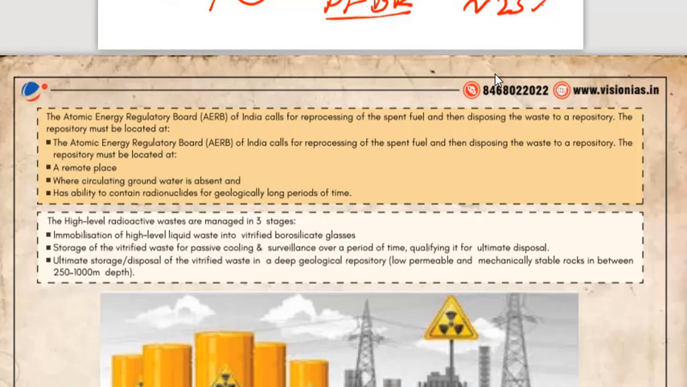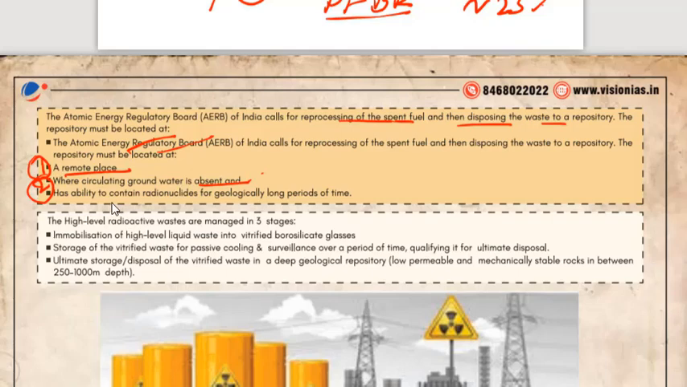Coming back to the topic, the Atomic Energy Regulatory Board of India calls for the reprocessing of the spent fuel and then disposing of the waste to a repository. The repository must be located as specified by the Atomic Energy Regulatory Board. Okay, a remote place. First condition is it should be present at a remote place and where the circulation of groundwater is absent,